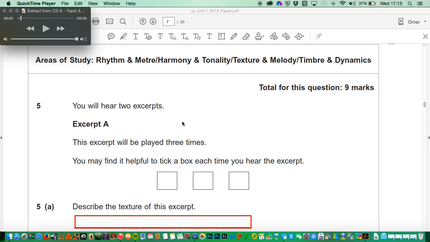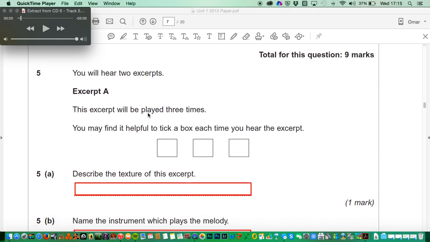Okay, let's look at question 5. Question 5 is focusing on the following areas of study: rhythm and meter, harmony and tonality, texture and melody, and timbre and dynamics, and is worth in total 9 marks. It's made up of 2 different excerpts of music, so we're going to start by looking at excerpt A, which